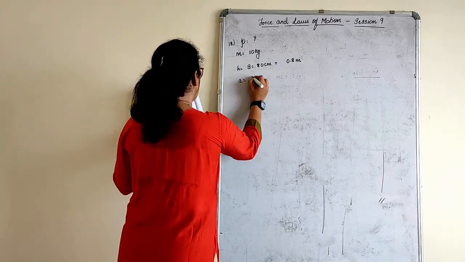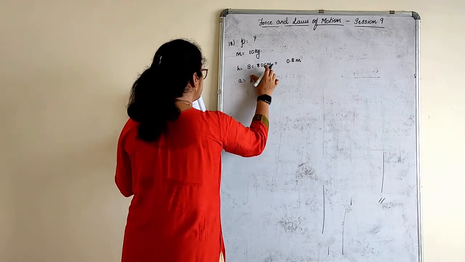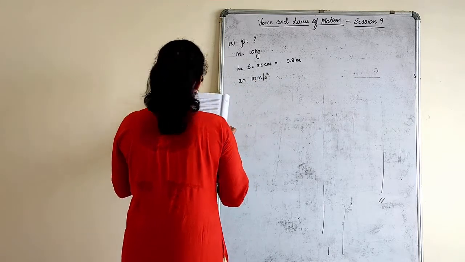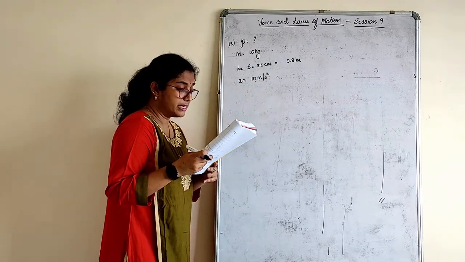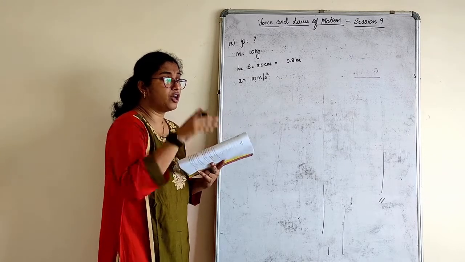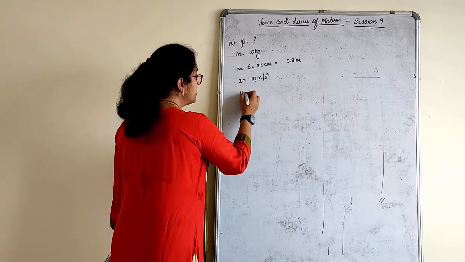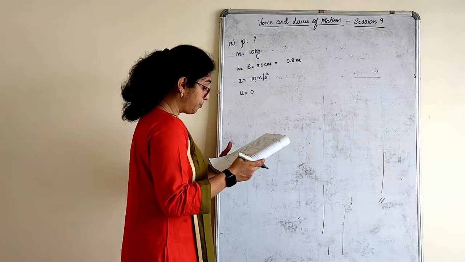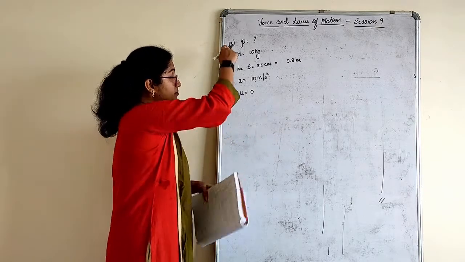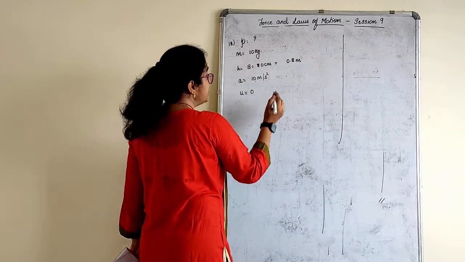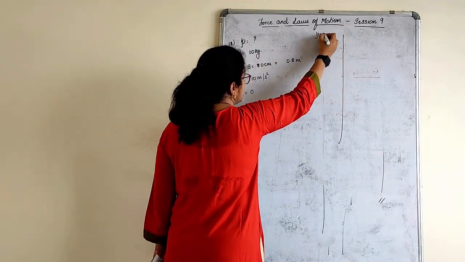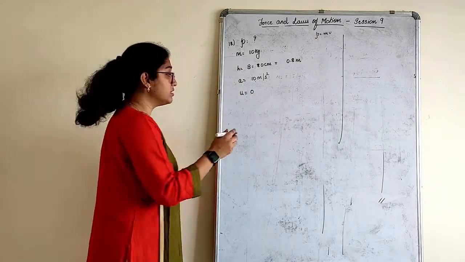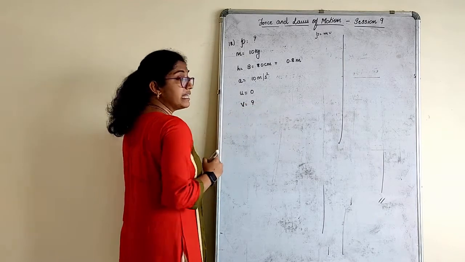With an acceleration of 10 meters per second square. How much momentum will a dumbbell of mass 10 kg transfer to the floor? When it is falling from a particular height, that means I will consider the initial velocity of the dumbbell to be 0 here, right? So, to find momentum, what is the momentum formula here? Momentum is equal to mass into velocity. That means I require velocity. I need to calculate the velocity of the dumbbell first. Then I can get the momentum.